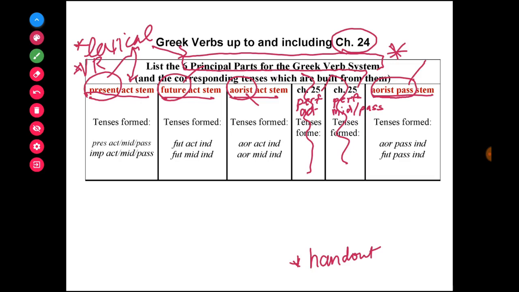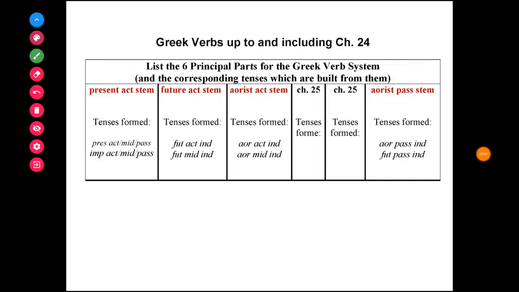But after next week, when you learn chapter 25, you'll also be responsible for the perfect active and the perfect middle passive stems. Let me clear the board and end by saying that these stems, the present active stem, the future active stem, the aorist active stem, and the aorist passive stem, the ones you learned so far, and eventually the perfect active and the perfect middle passive, form the basis for all the other tenses in the Greek verb